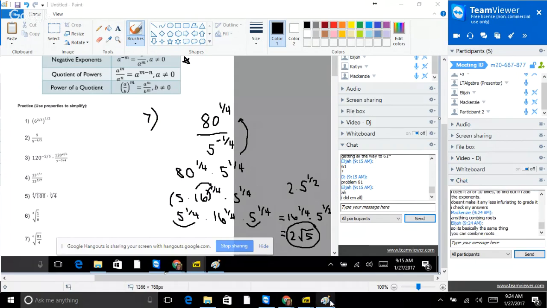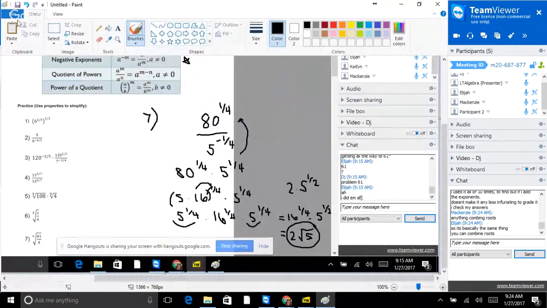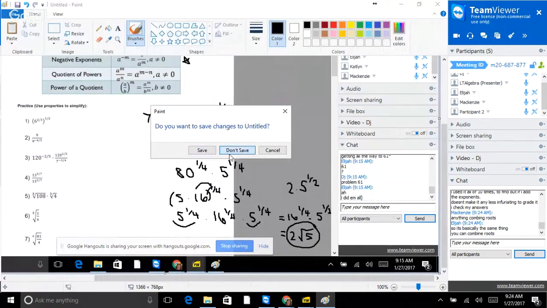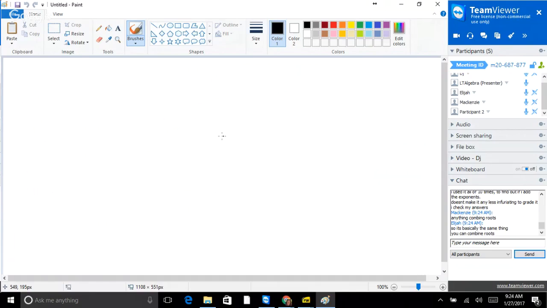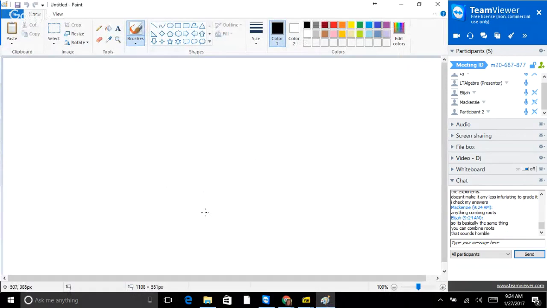Okay, so looks like 33 through 39, which I believe is part of your assignment. 33. Yep, those are in there. 33 through 39, we got to combine some roots. So let's do that. Let's do 33 and 39. So we'll do the easy and the harder, okay? So 33,